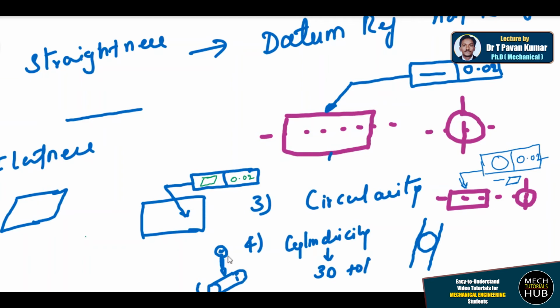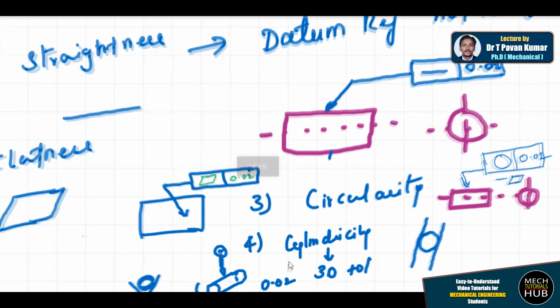Accordingly I can check whether the cylindricity of the component matches a given value or not. If, for example, the cylindricity value given is 0.02, I try to cross-check throughout the circumference, or with the help of a V block. I place it in a V block, something like this, and allow the cylinder to rotate. Accordingly I can measure cylindricity. This is how we do it.